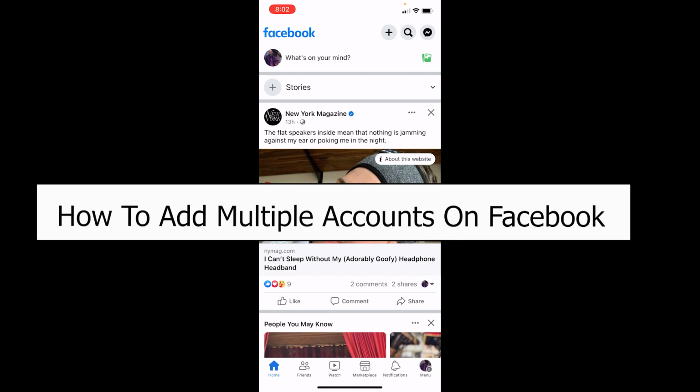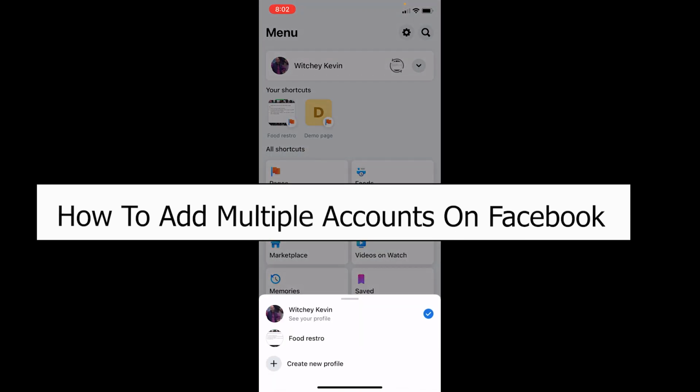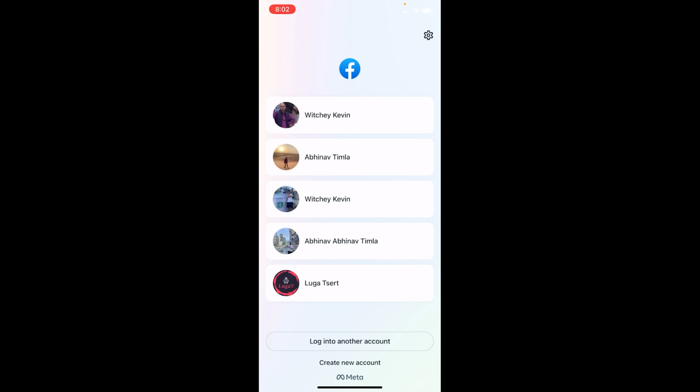add multiple accounts on your Facebook just like this. Let me show you guys. So if I log out from my account over here, multiple account is being shown. So I will show you guys how you guys can add it, alright? And before that, if you want to know how to remove it, I'm also going to show that in this